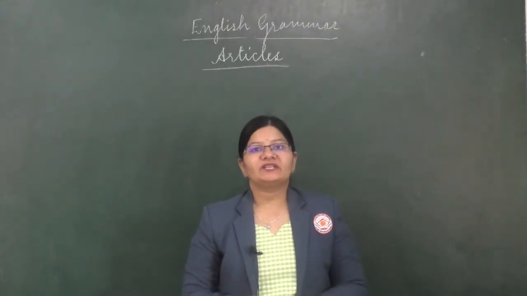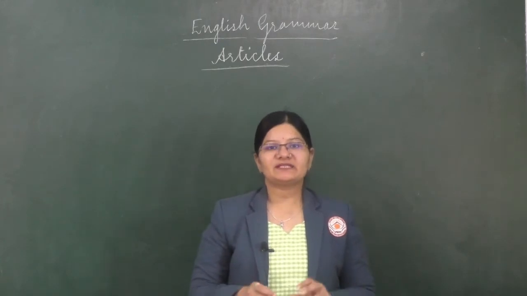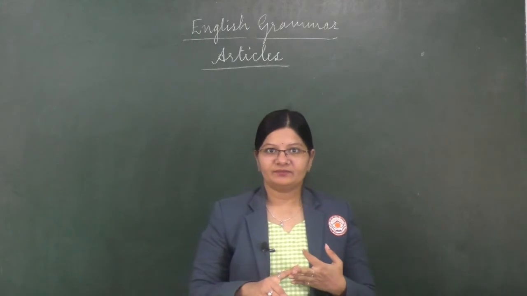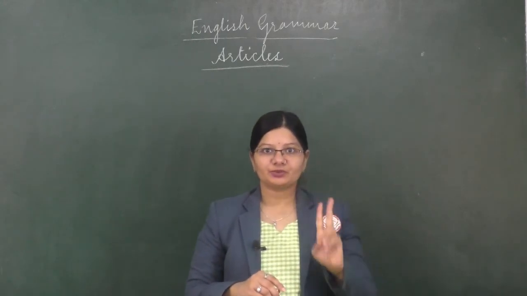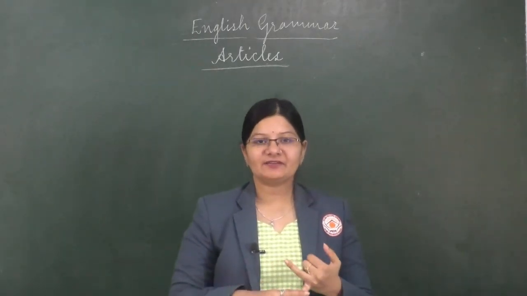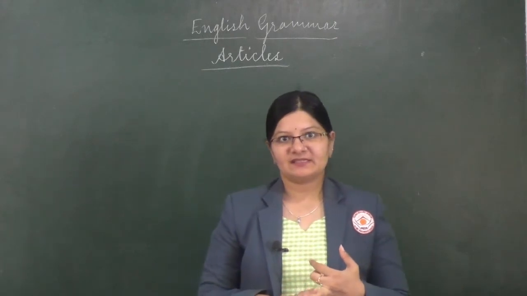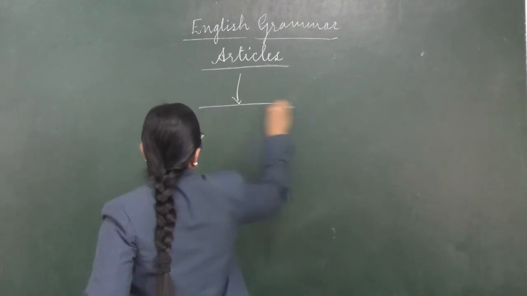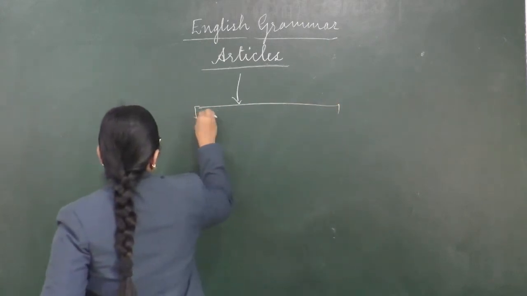So kids, what are articles? Articles are basically a type of determiners. They are a, an and the. These articles are classified into two classes, that is indefinite and definite articles. So what are indefinite and definite articles? We classify them into two, that is